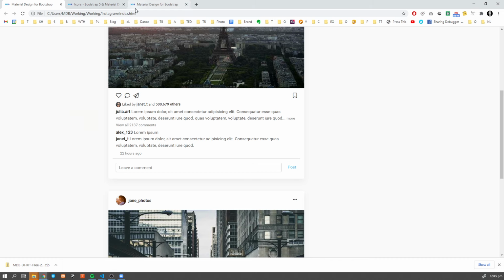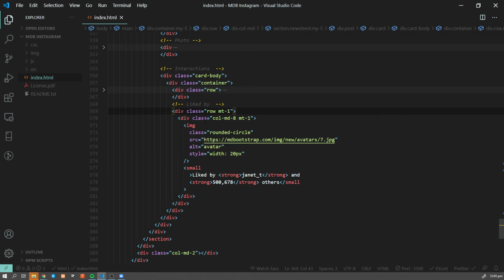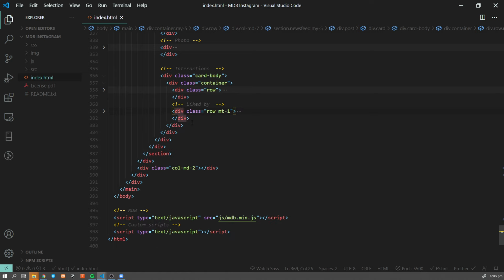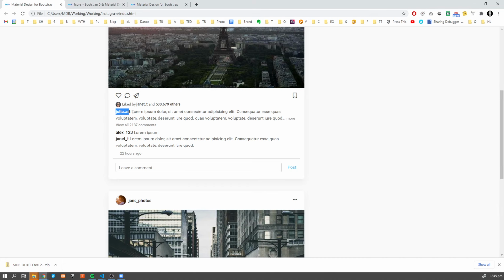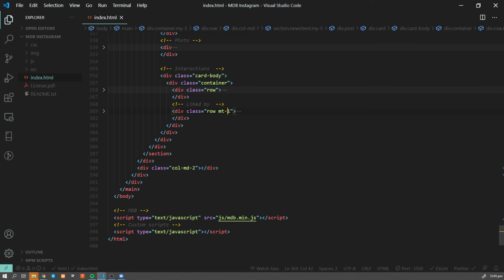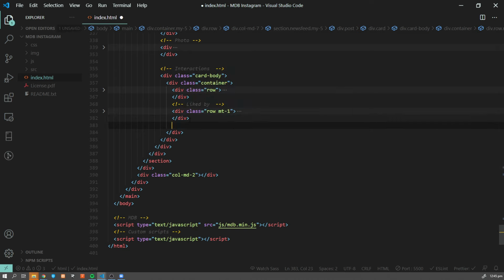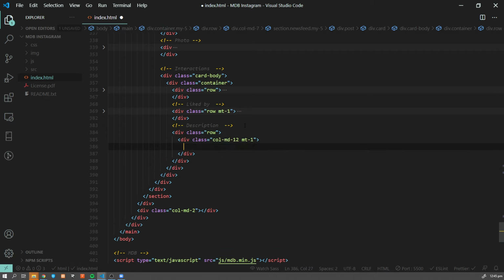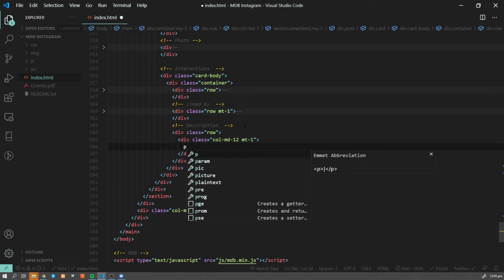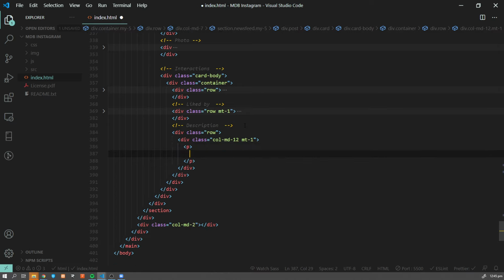And now let's move to the comment section. So that's gonna be another row. Oh, actually, it's not comment, right? I mean, this is the description. Okay, so this is description part. This will take full width, some margins. And now let's add some paragraph here, and then strong,